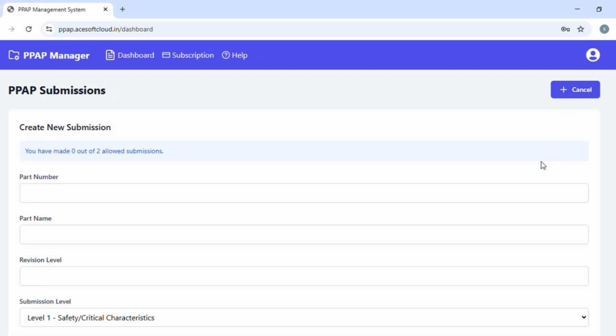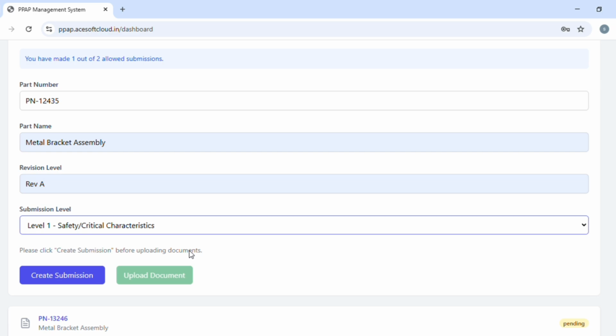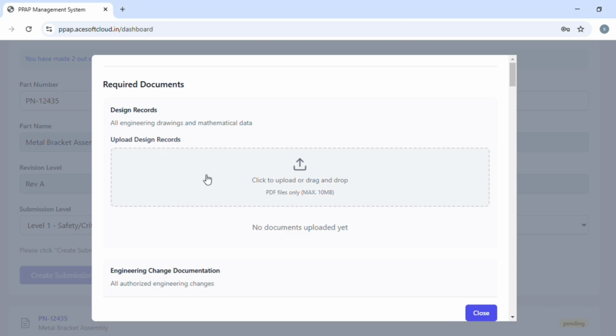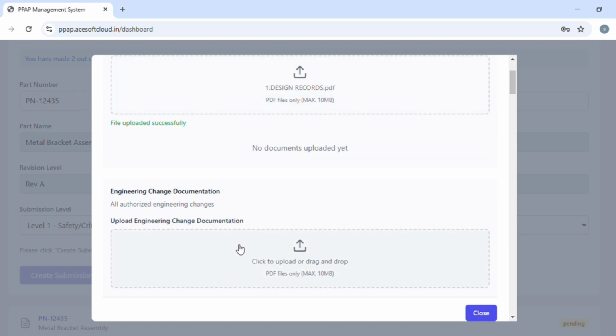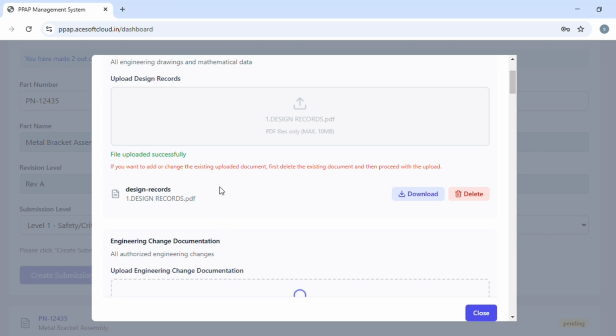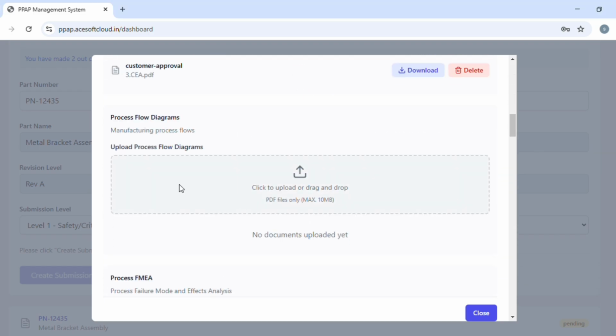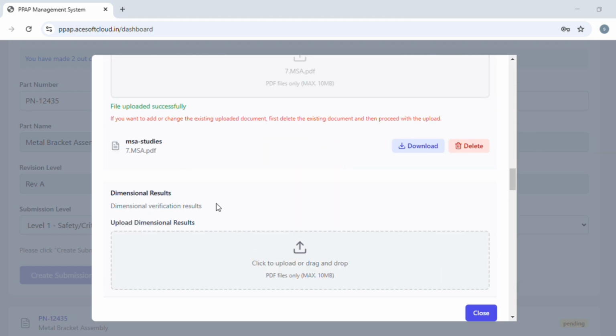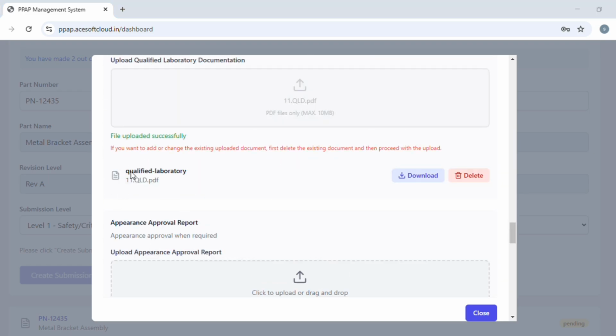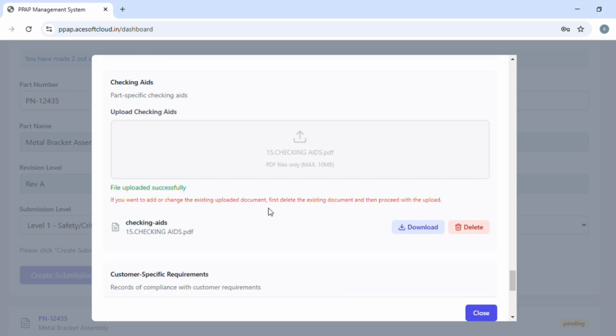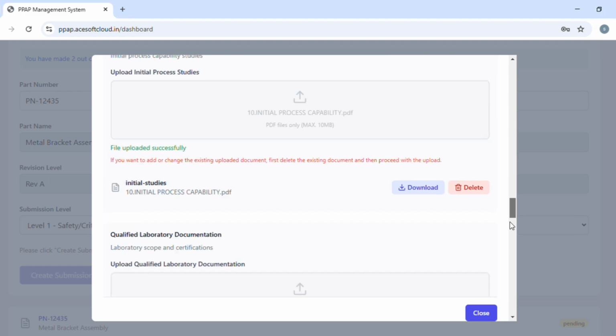Enter the required details: part number, part name, revision level, and submission level. Click Create Submission. Now, click Upload Document and add the necessary files. Once done, click Close. To make changes,